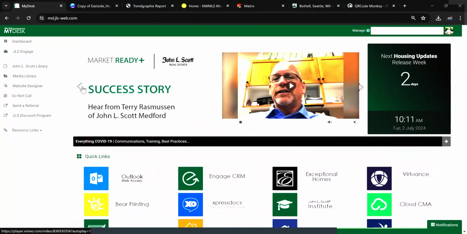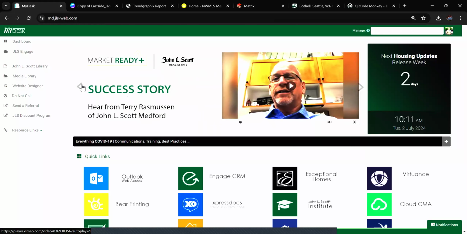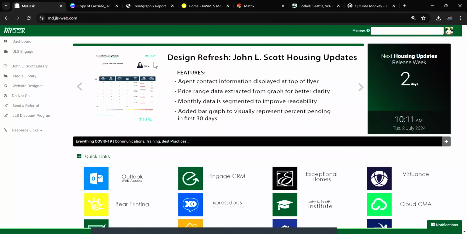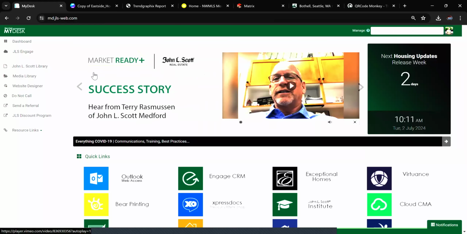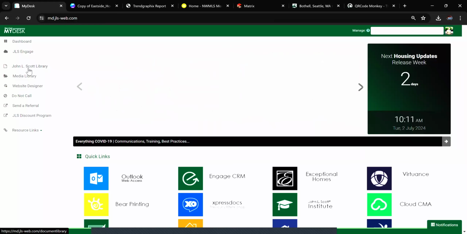You can even see they've done a design refresh for the housing updates. Now it's got your branding more to the top instead of the bottom. They thought it was more important to feature the broker, to make sure that they're the first thing that people see. So if you go to your John L. Scott library,